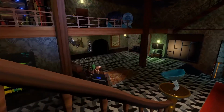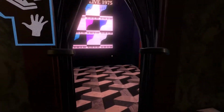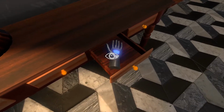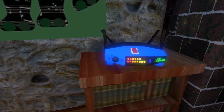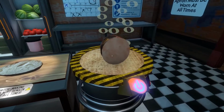Exploring the hotel is the main bulk of the game. Going from room to room, meeting new people, and solving problems is the core of the gameplay. Whether it be finding a man a bathing suit, resetting a wireless router, or making a sandwich, I never once felt bored or like I was wasting my time because it was always fun to explore the hotel and see